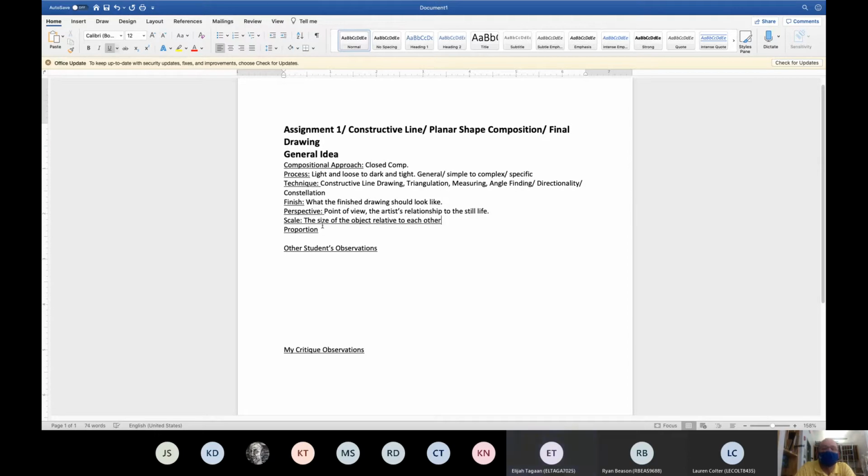The size of the objects relative to each other, but more importantly, relative to the page. The size of the object relative to the page. So, if we're trying to do a closed composition where everything,